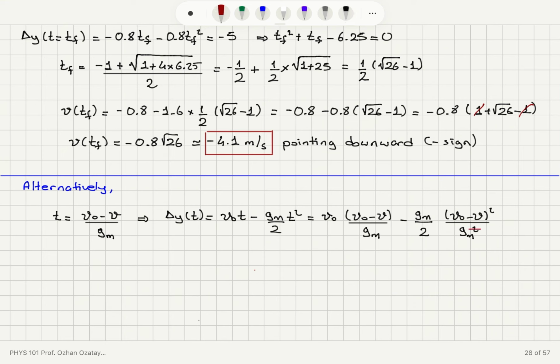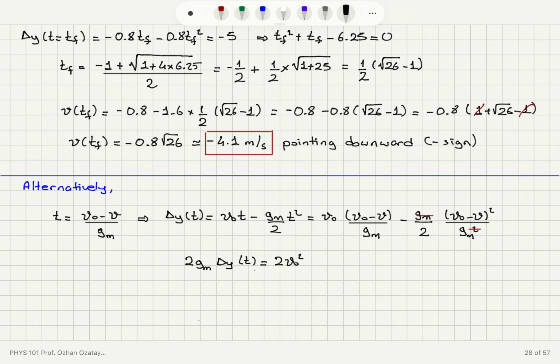So this square will get rid of this gm, and if I multiply both sides by 2gm, 2gm delta y of t is equal to